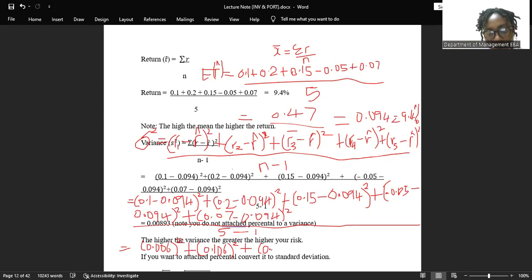Zero point 0.5 this plus, now we're on this negative, so negative 0.05, 0.04, okay, negative